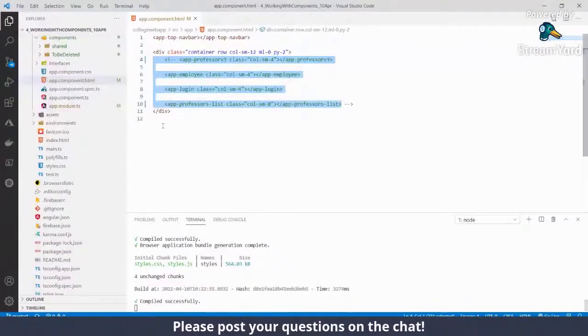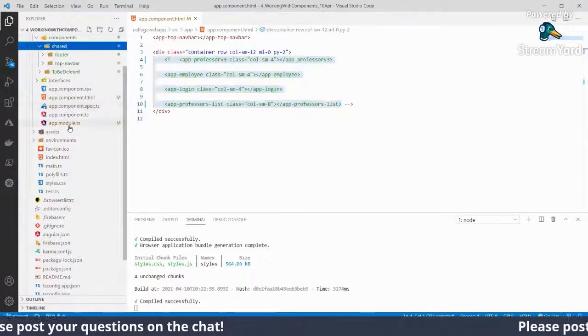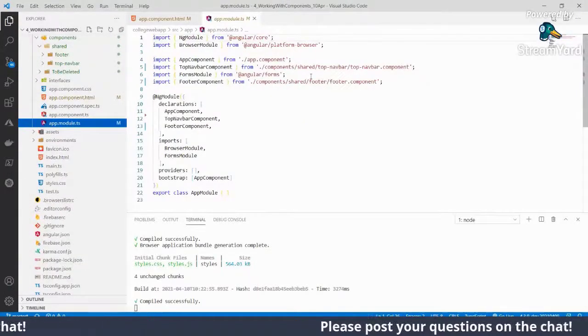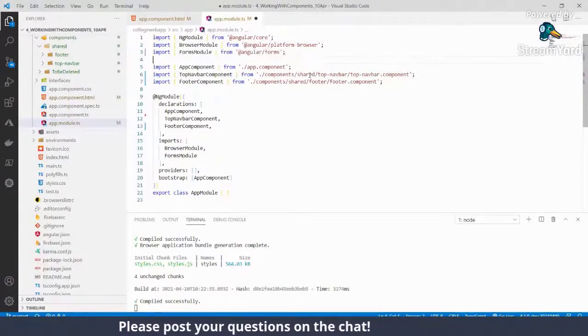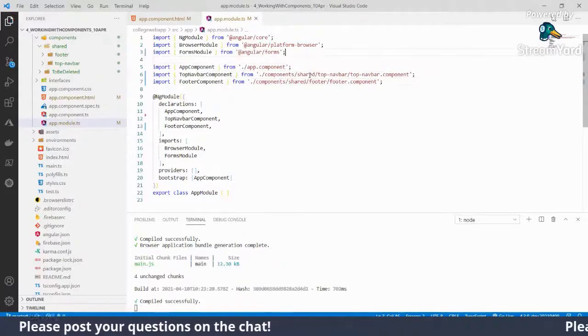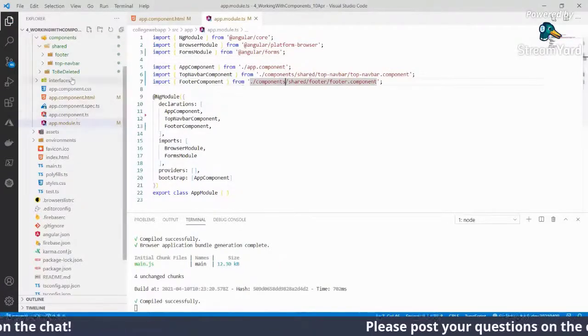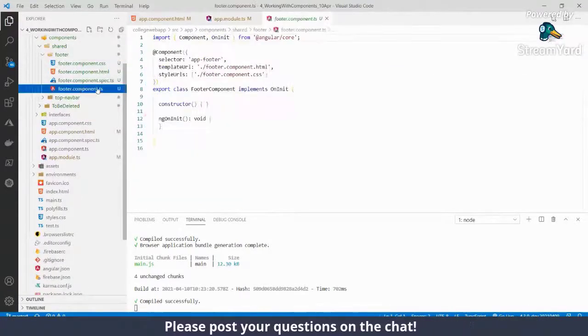So what do we do now? Now we know that here is the shared component, and here in these modules we know that we only have the application and framework related things. So we have the footer, and we have to use this footer. So we need to come back to shared and go to this footer.